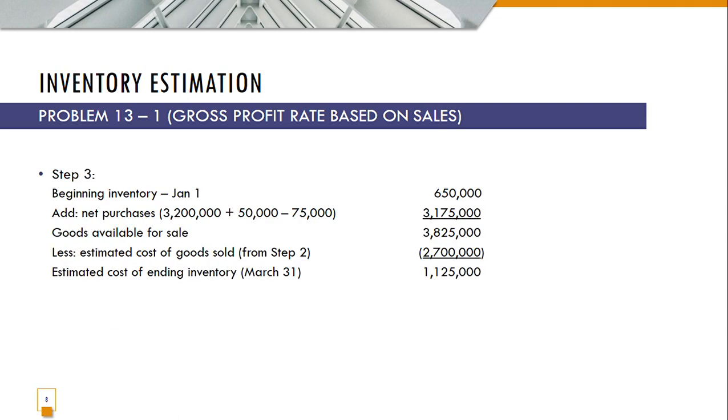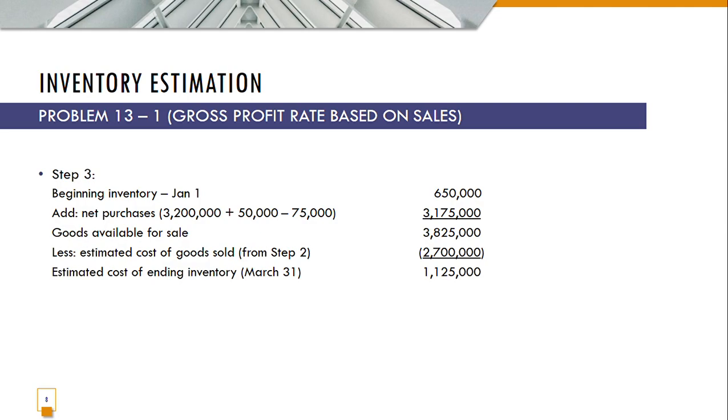Using our results from step 2, we can now answer the question or estimate the cost of our ending inventory. So if you look at this, you have beginning inventory of 650,000. You add net purchases, so 3.2 million net purchases during the period, plus freight in of 50,000, less our purchase return of 75,000. We have net purchases of